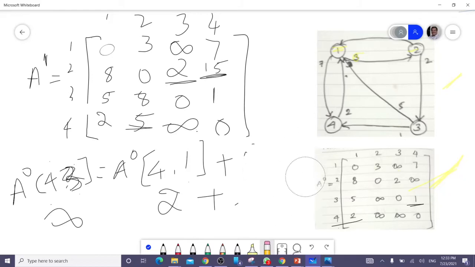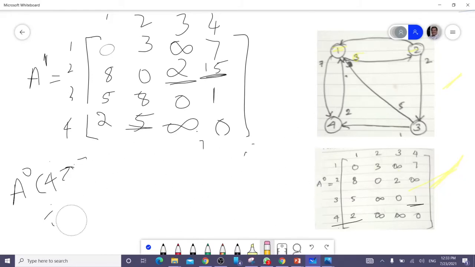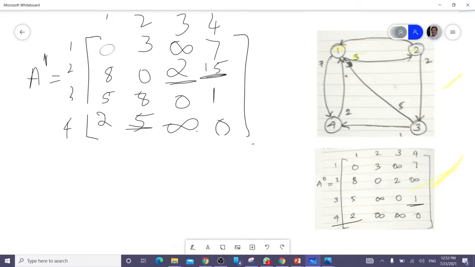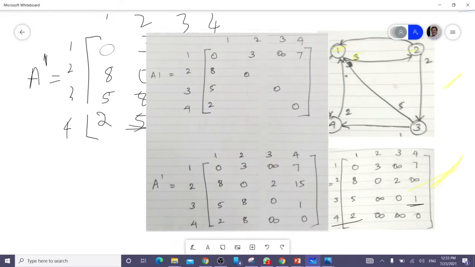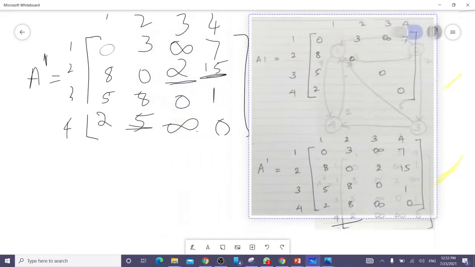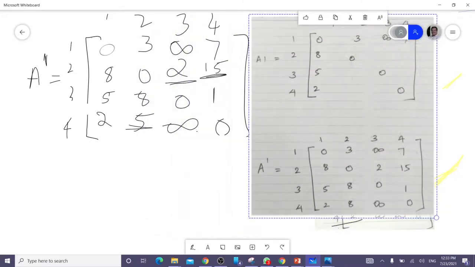Now with the first iteration, A0, you got the value like this. The same value, I just put it here. You can see the same value. I've taken the first initial matrix. After this, what happens? You observe 0, I have got 3, infinity, 7.